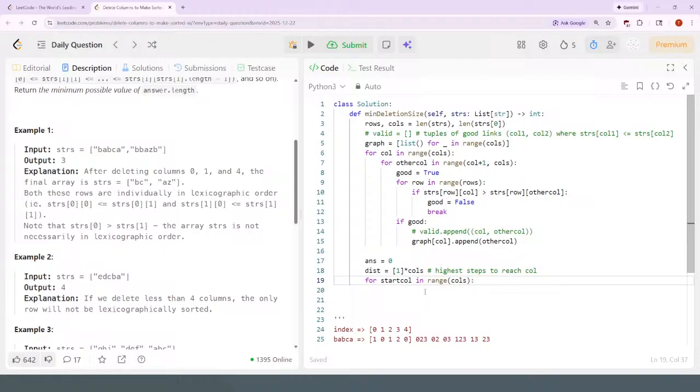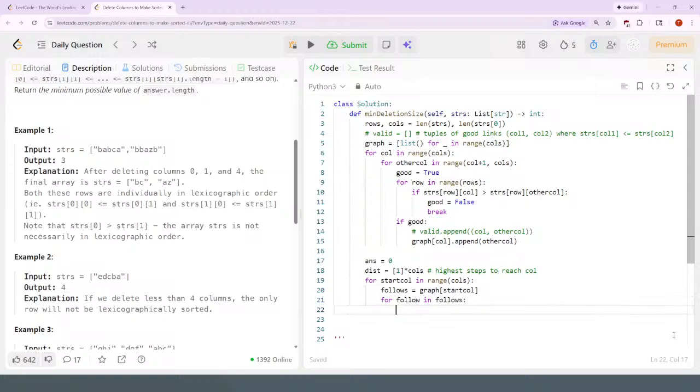So for every start column in range, I'll just say the follows would be the graph for this start column. For everything that follows, for every follow in follows,